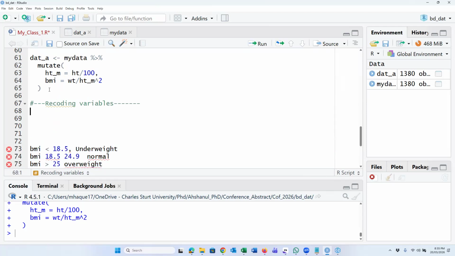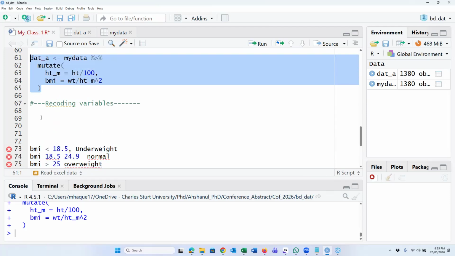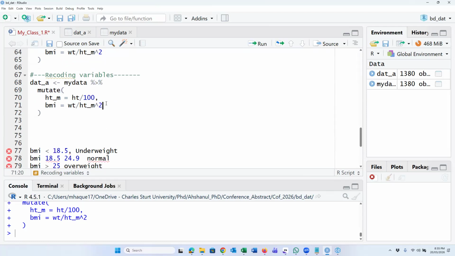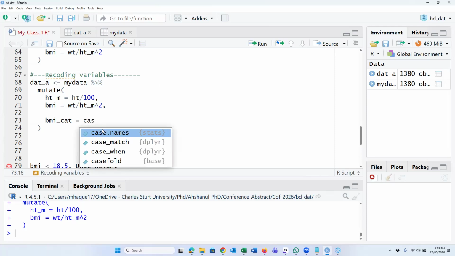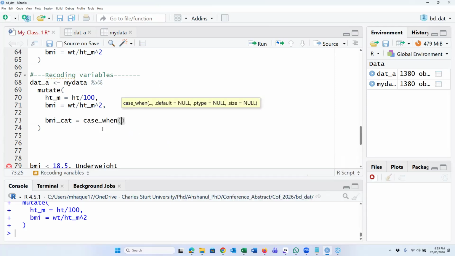So we'll copy. BMI, for example, BMI cat. So we have to give a conditional statement. Case when.